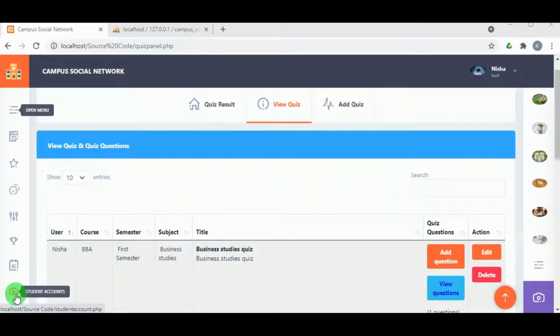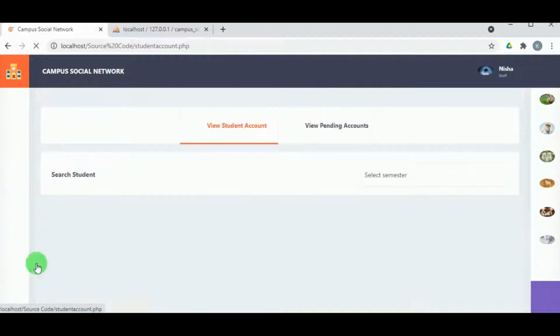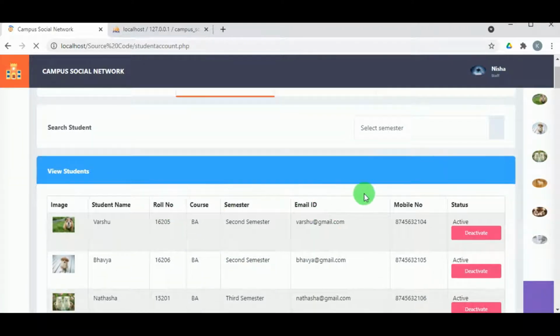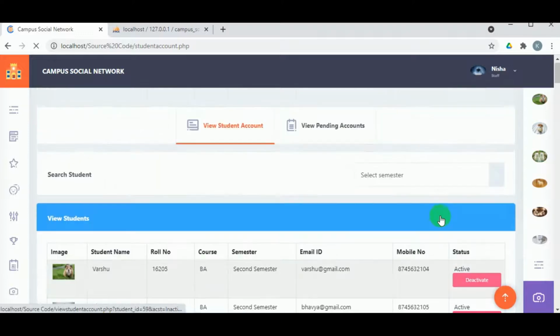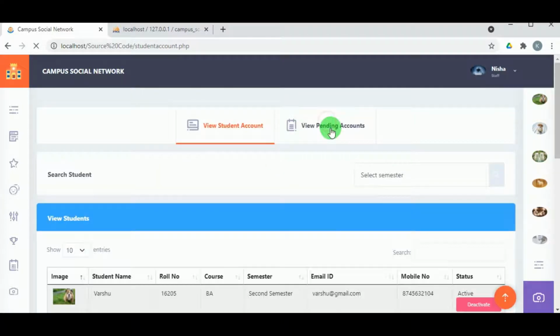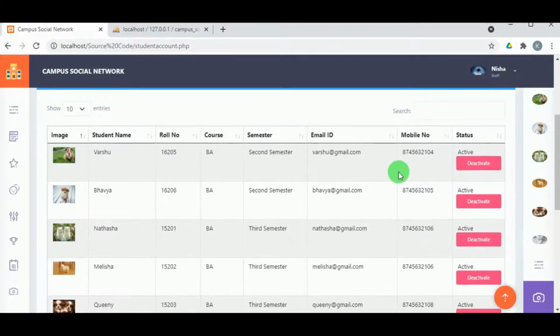Next, in student account, it is the same as the admin, where the admin as well as the staff can deactivate and activate the student accounts.